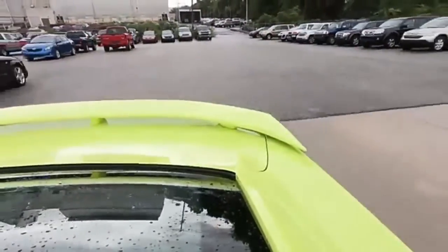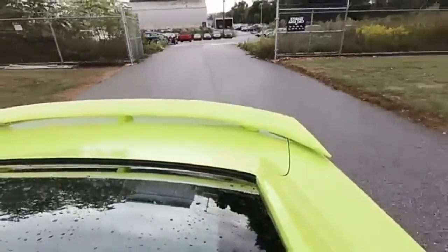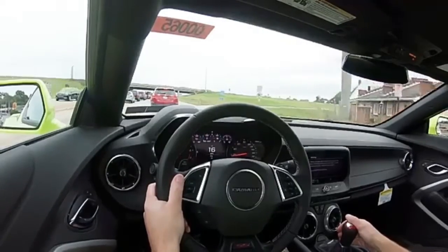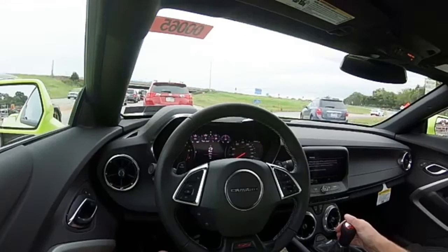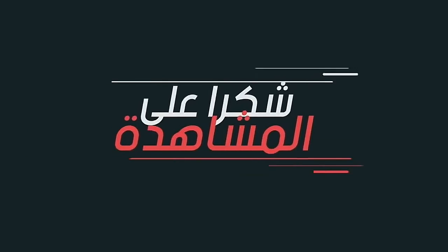That is essentially where if you let your teen driver drive your Camaro SS, they are then restricted from turning off the safety features for doing burnouts or drifting or whatever. If they are to do that, it gets logged in the system so that when you come back in the Camaro, you can then see that they did that. So I did want to mention that, but also 2SS trim level is going to add forward collision alert, lane change alert with